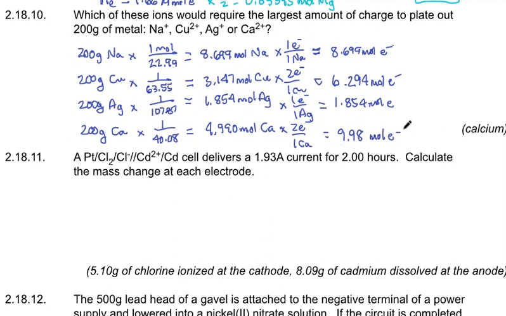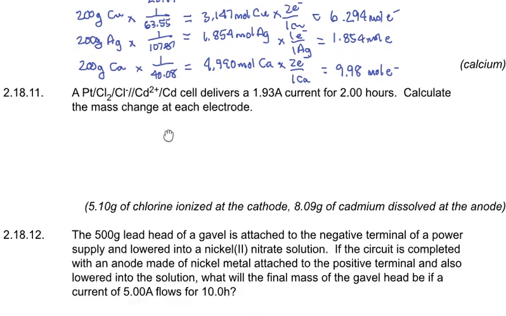Calcium is the one that requires the most electrons, and that would mean the largest amount of negative charge. Sodium would be next, copper next, and silver would be the least. Okay, so anytime they ask for the amount of charge, that's proportional to the number of electrons. Finding Ne is all you need there. All right,